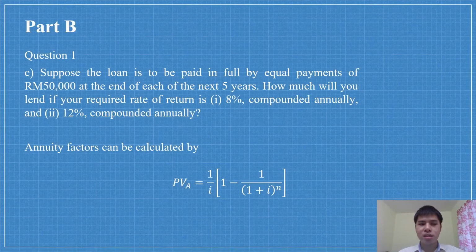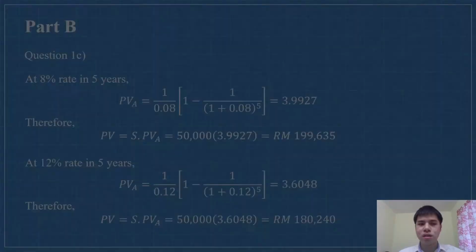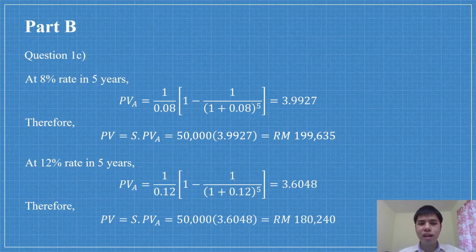So, for part C, to determine the PV, we first have to determine the annuity factors, which can be calculated using the expression shown here. Therefore, at 8% rate in 5 years, the annuity factor is found to be 3.9927, and the PV is found to be 199,635 ringgit. While at 12% rate in 5 years, the annuity factor is found to be 3.6048, and therefore the PV is